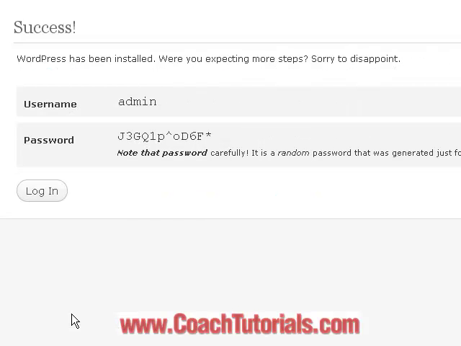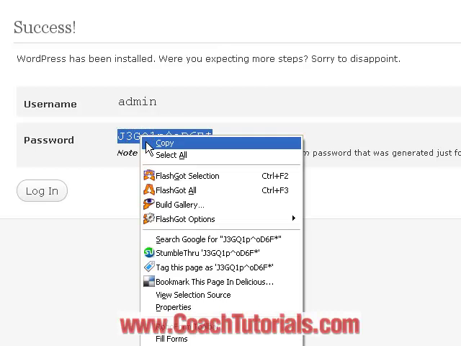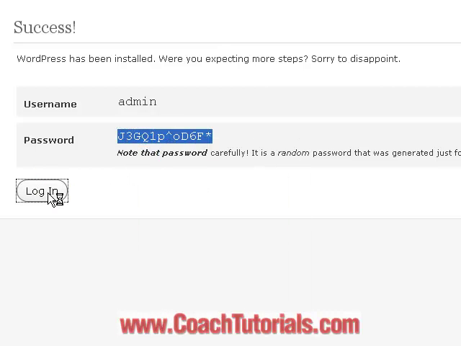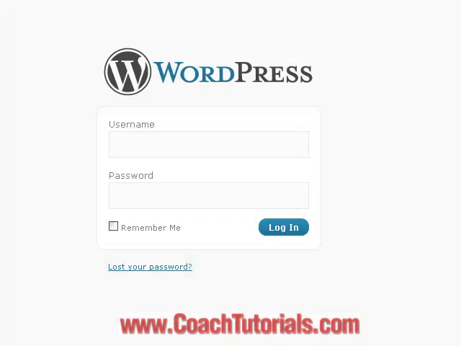Now, as you can see, WordPress has given me the default username of admin and also the default password here. So I'm just going to copy this password and then I'm going to log in. So at my login screen here, I'm just going to type in admin, put in the password, and